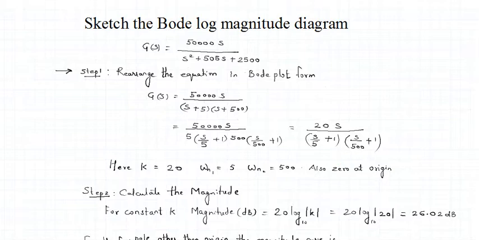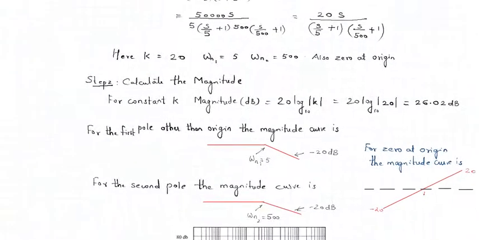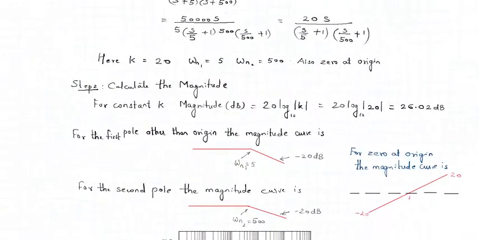Okay, so now let us start with the magnitude. Let us find the magnitude for only the gain of the system. So only for the gain 20. When K is 20, what would be the gain of the system? So gain in dB would be 20 log to the base 10 of K. K value is 20. So if I put K as 20 here, what value do we get? 20 log to the base 10 of 20, right? We get the magnitude in dB to be 26.02. Now we'll go for the next.